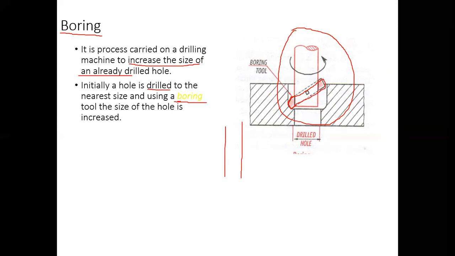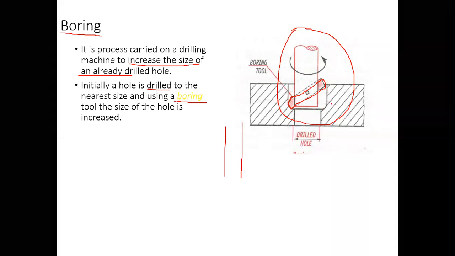But here a circular tool is not required. Even on a circular object, you can mount one kind of rotating cutting tool, like the single point cutting tool we have seen in the lathe. If you mount a similar single point cutting tool here, this cutting tool itself can remove the material, right? So here an entire drill bit, whatever drill bit you've seen, is not required. Even a single cutting tool, by rotating continuously, is removing the material.